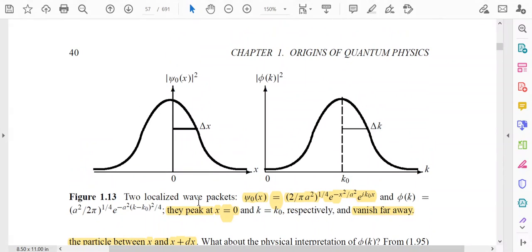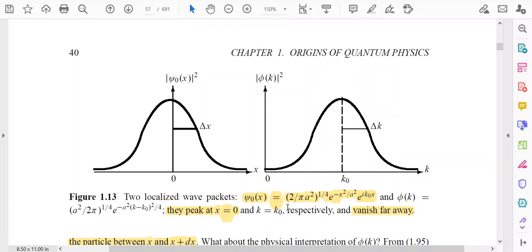Now we will see the graph of the wave packets. We have already discussed the mathematical formulation of the wave packet, and we discussed that a wave packet can be constructed by the superposition of different waves of different wavelengths. Now, how will the graph look? The first graph shows mod of psi0x square as a function of x. In this case, we have considered the packet as Gaussian in nature, and we have shown a typical example of psi0x, and the example is the Gaussian function.